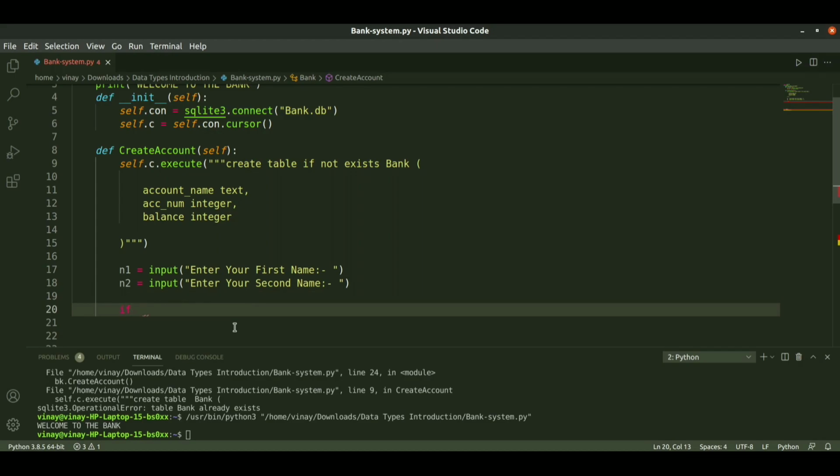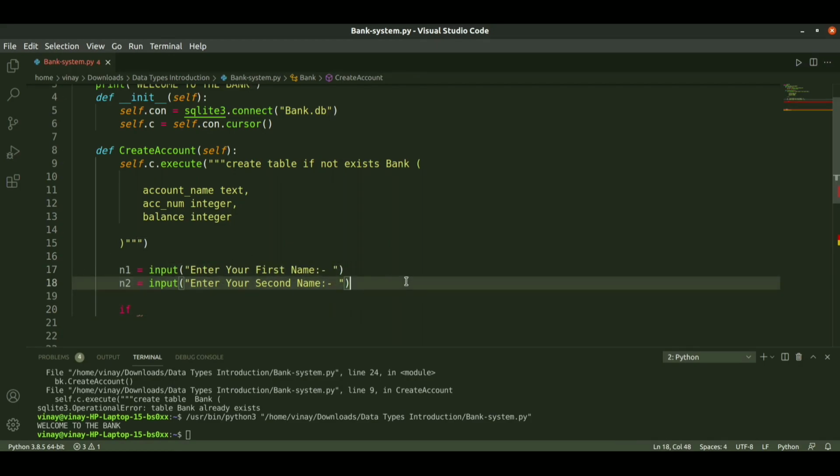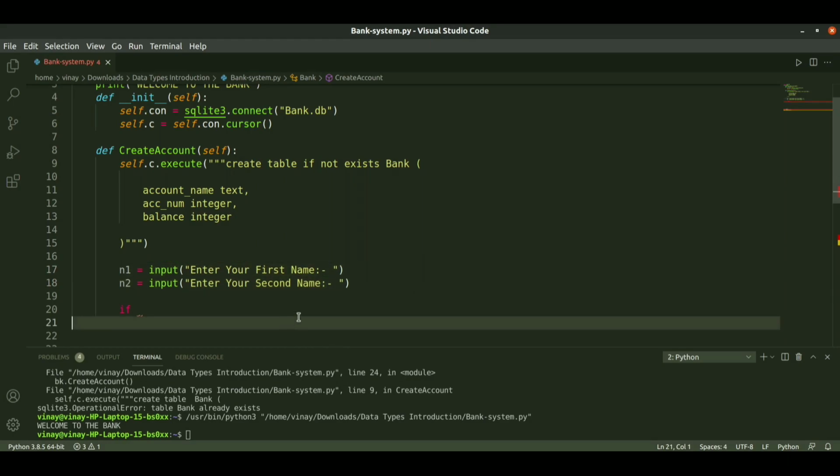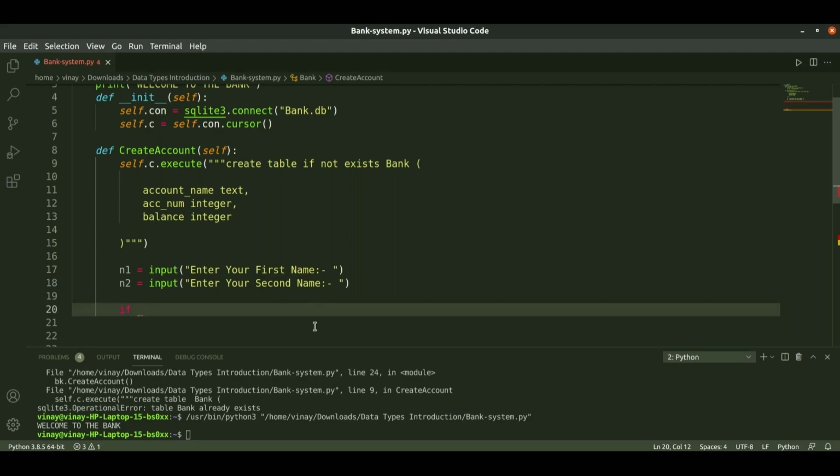In the if, we will check whether that first name and second name contain only alphabets and no white space. So for this we need to use the boolean functions in Python, that is n1 dot, n1 is a string.